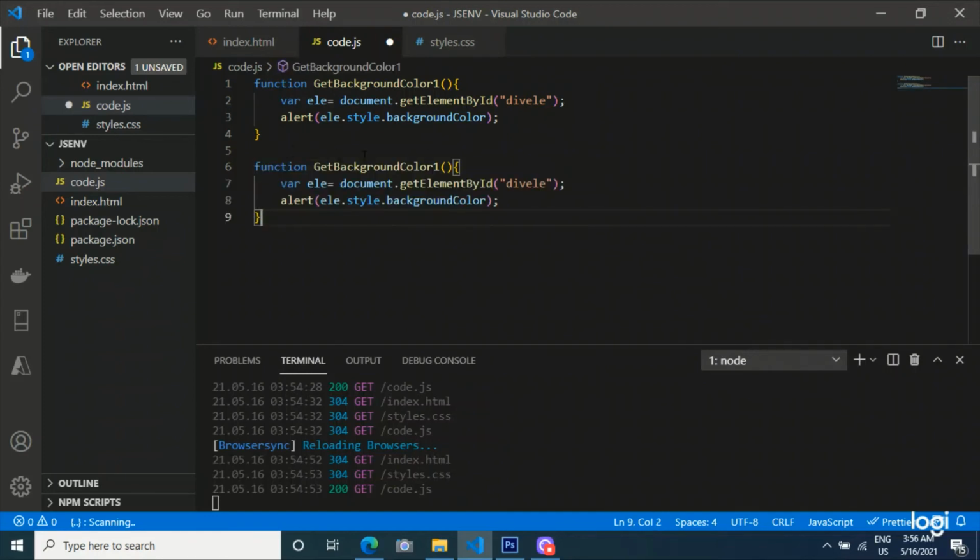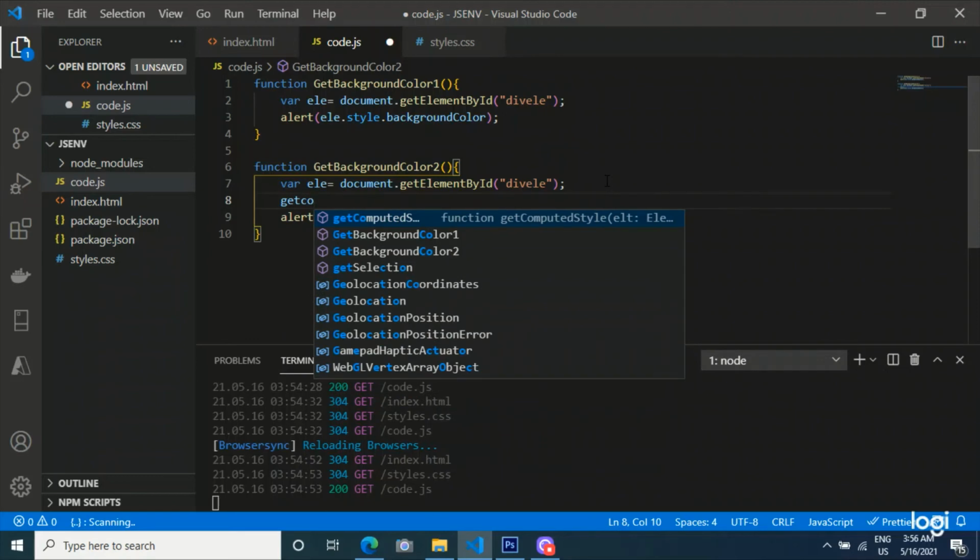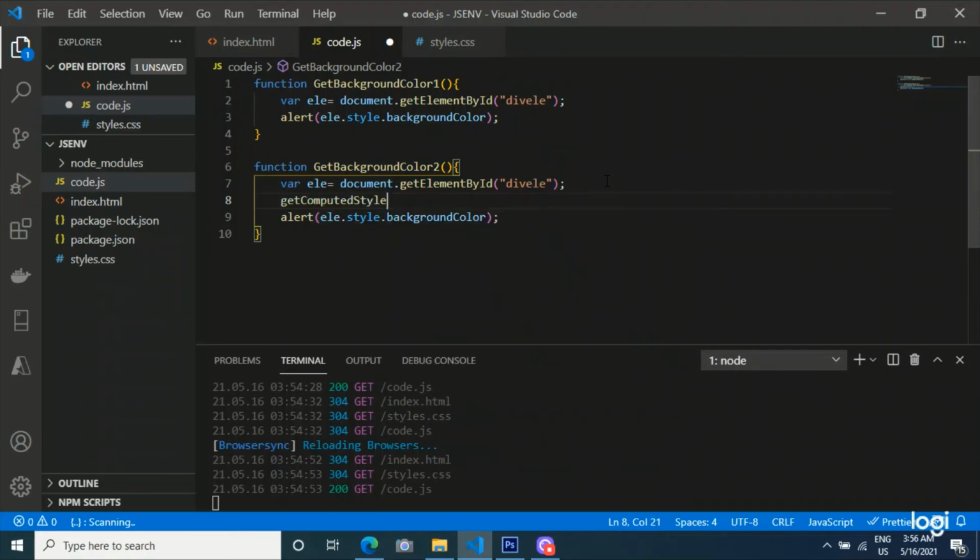the same function definition I copied from there to here, named it as 2. Again here also we fetch the element. The fetched element is passed to the getComputedStyle method, which is available inside the window object. Not required to use the window object, because it is a global object.